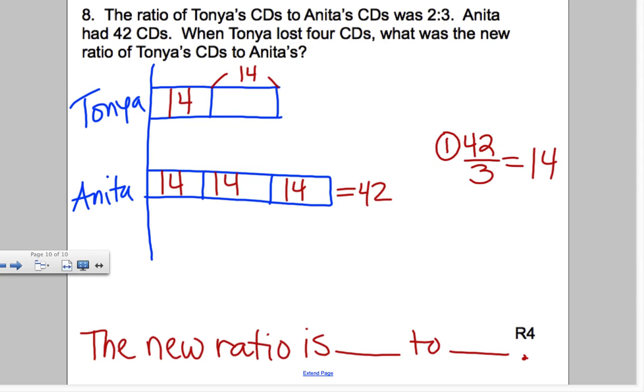So how are we going to show subtraction? Did you guys do that last year at all? Okay, that's why we're just refreshing your memory. So what I'm going to do is, we have to subtract how much from that box? 4. So I'm going to cut off the 4 and put a little slash mark. That little slash mark means eliminate that section. If you ever see a picture with a slash mark through it, it means that section is not included.